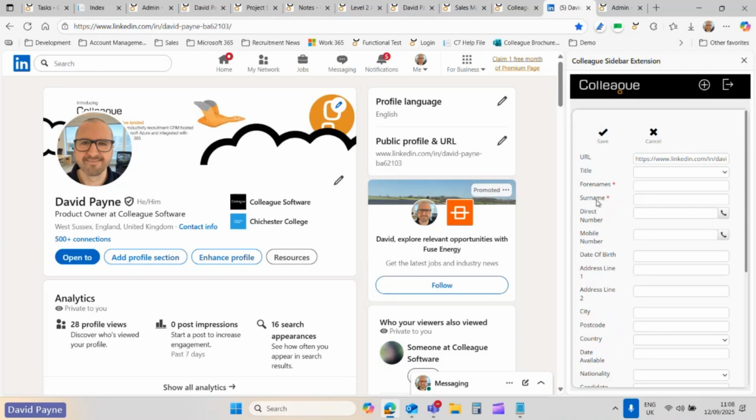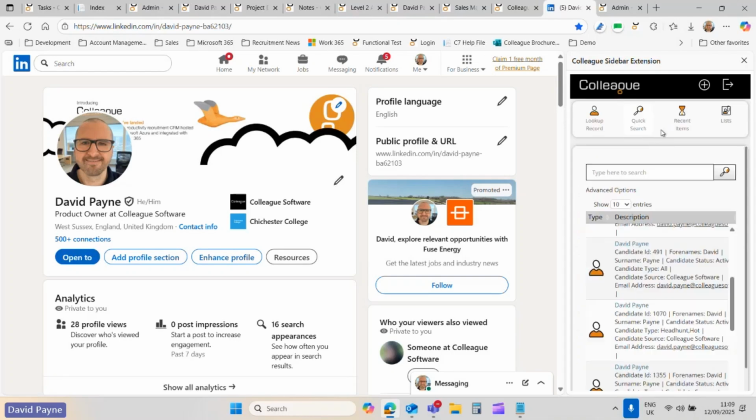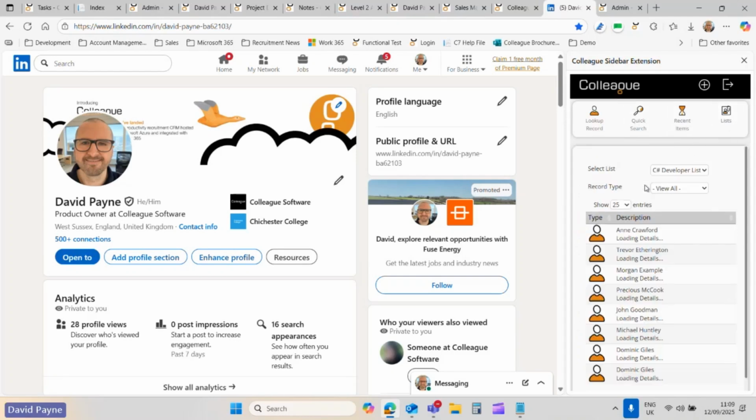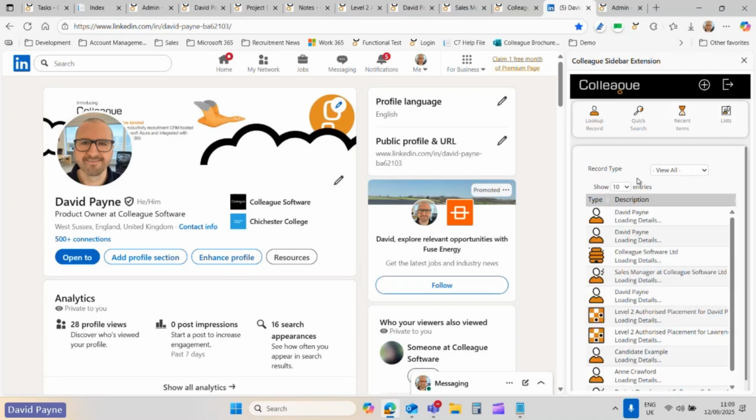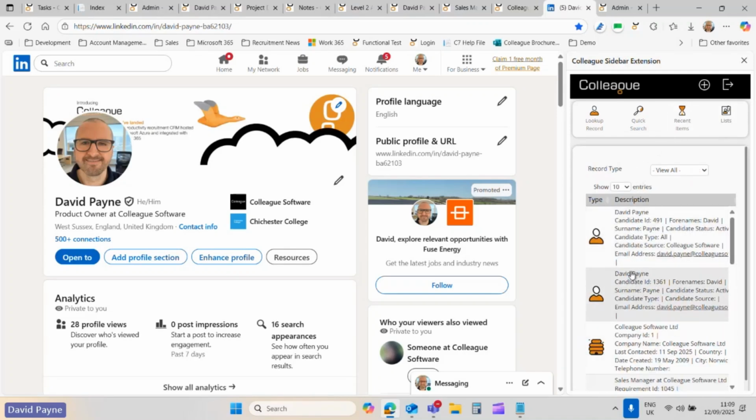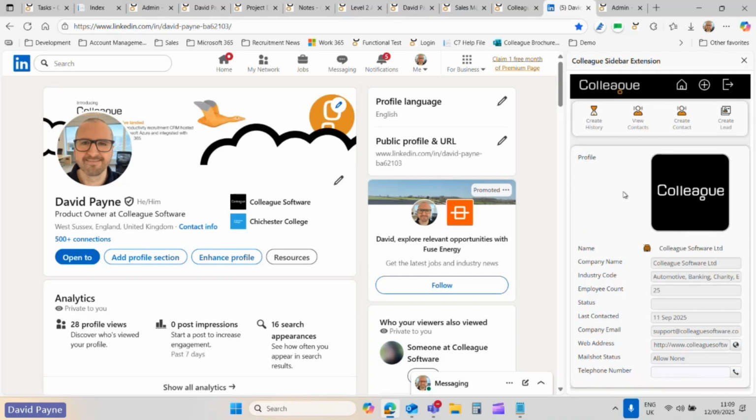We do not scrape the page as part of the add new process. It just gives the ability for you to create a record from within here. Obviously mandatory fields are highlighted with a red asterisk there, but effectively we do not scrape the page, because that's in breach of LinkedIn terms. Obviously you have access to lists as well, access to your recent items as a way of quickly accessing records that you're working with, and fundamentally we will continue to add functionality to this sidebar,